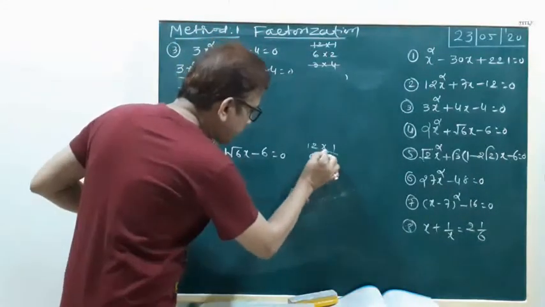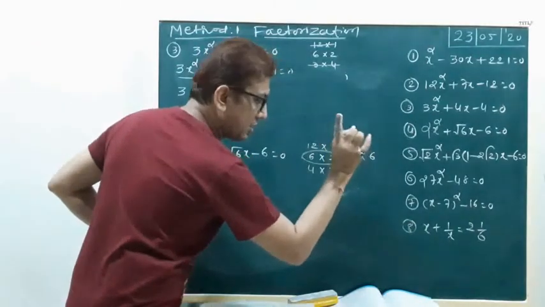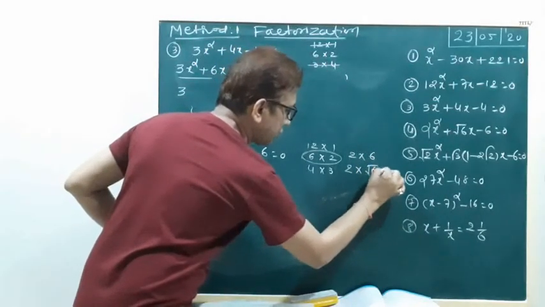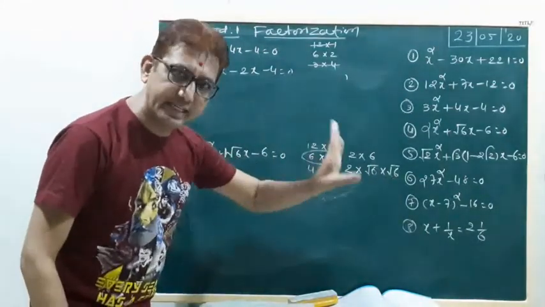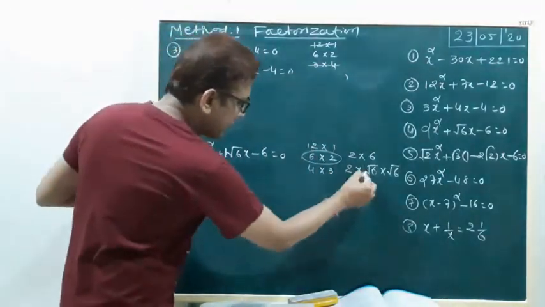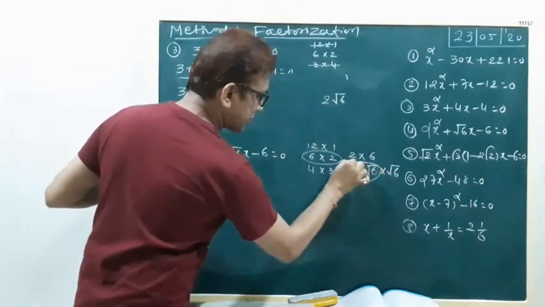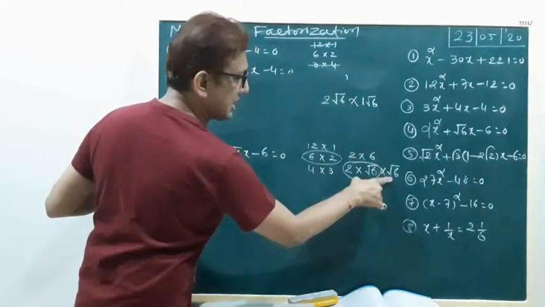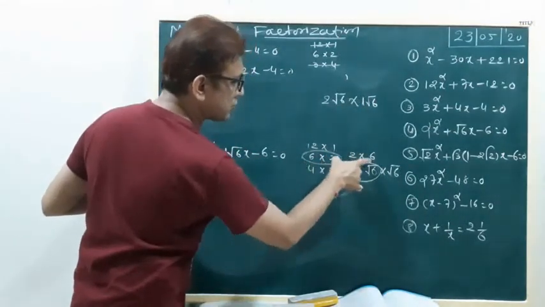So here 6 is the factor. Right? So splitting this factor again. 6 twos are 12, otherwise 2 sixes are 12. Look here, 2 sixes. Again splitting by 6, here we write root 6 into root 6, which is 6. And 6 twos are 12. Clear? Okay. So our first factor is 2 root 6, 2 into root 6, and the second factor is 1 root 6. So 2 ones are 2, root 6 into root 6 is 6. This one factor, 2 sixes are 12.